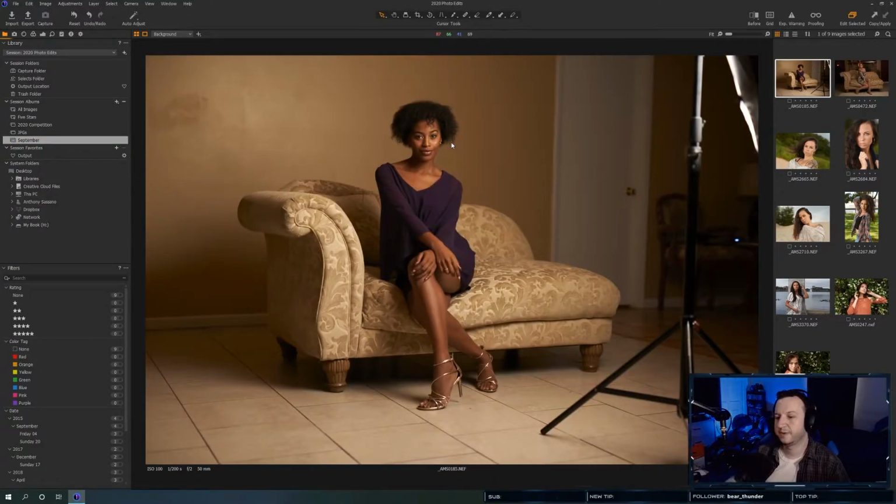So we have a couple that we can work on today. With this one, I kind of like that it's plain. So what we may actually do is go from a horizontal photo to a vertical photo because it's probably big enough for us to warrant that. So all we really have to do is crop in.